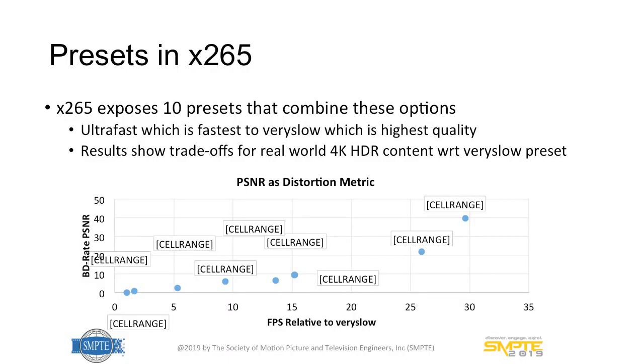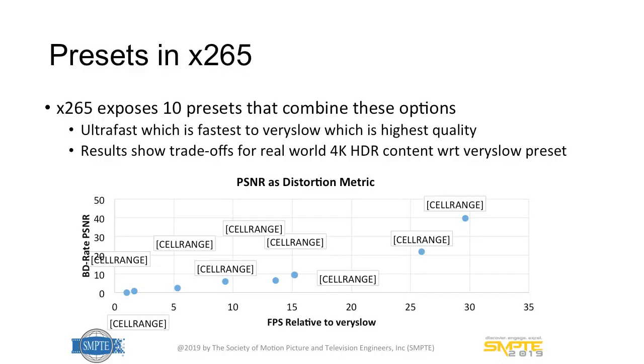So x265, inspired by the x264 configurations, supports 10 presets, all the way from ultrafast to veryslow. Veryslow is our best quality. That's our flagship that's used for OTT streaming. Ultrafast is our fastest, targeting more of a live use case. In this paper, compared to some of the other papers that we have published and that have come from the community, we focus all our evaluations on 4K HDR real-world content, primarily with the veryslow preset, but some of the results are with other presets as well. We're not looking at other resolutions because 4K HDR seems to be the most popular use case for HEVC.